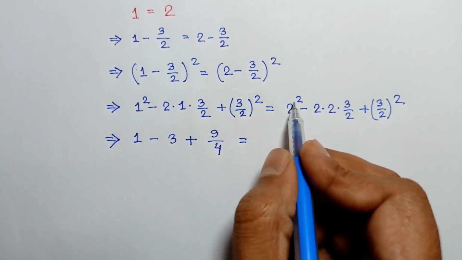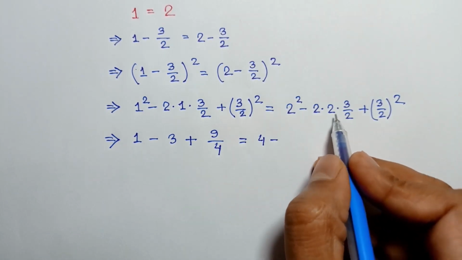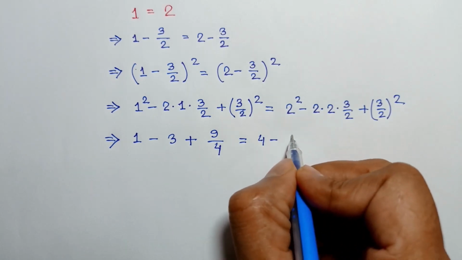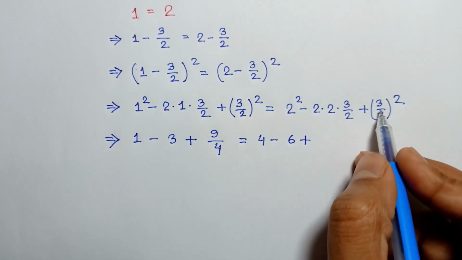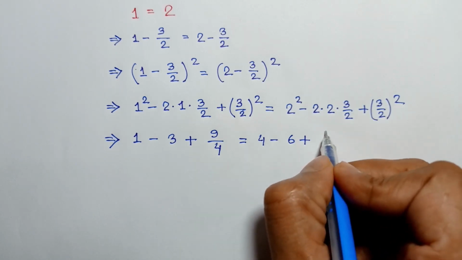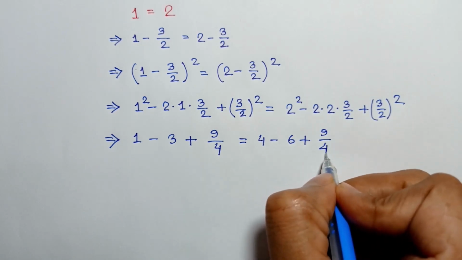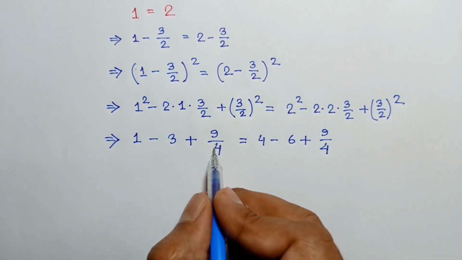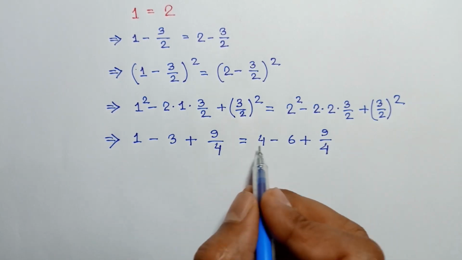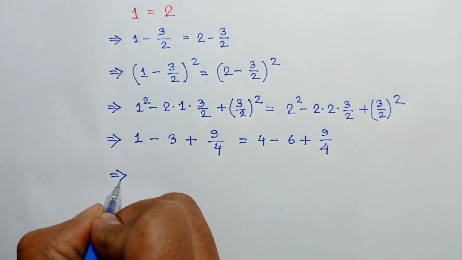is equal to 2 square is 4 minus this 2 and 2 will cancel out, so it will remain 3 times 2 is 6 plus (3 over 2) whole square, so 3 square is 9 over 2 square is 4. Now this 9 over 4 and 9 over 4 from both sides will cancel out, so it will remain 1